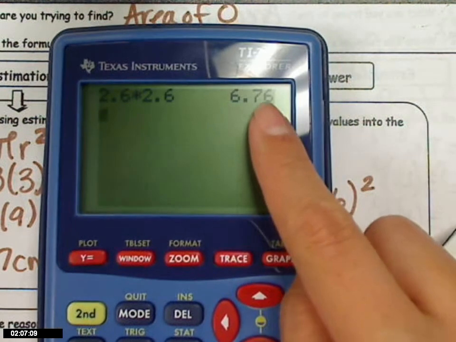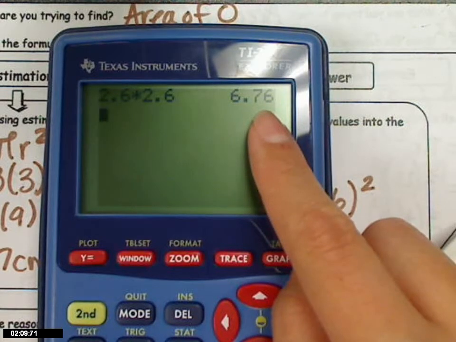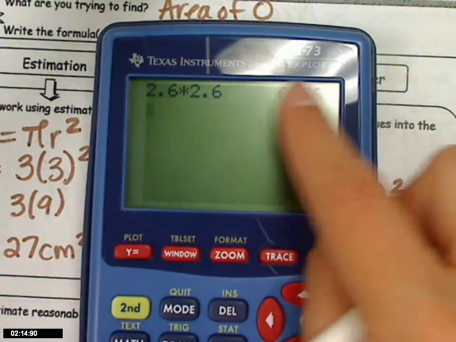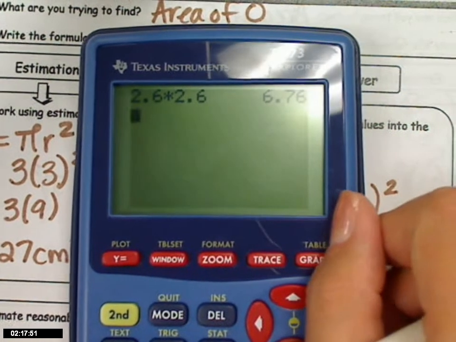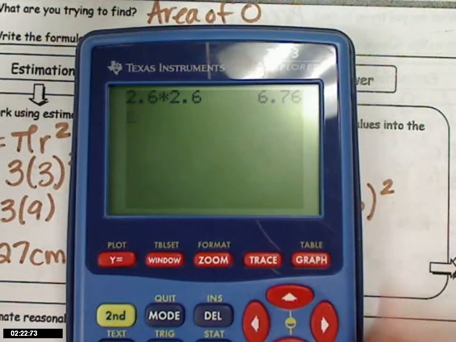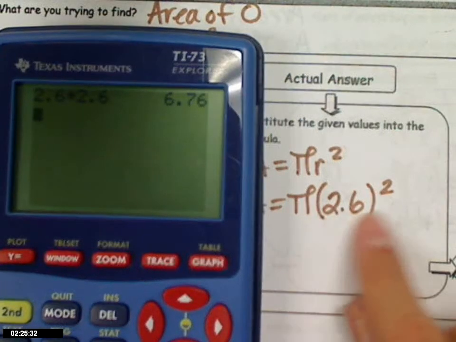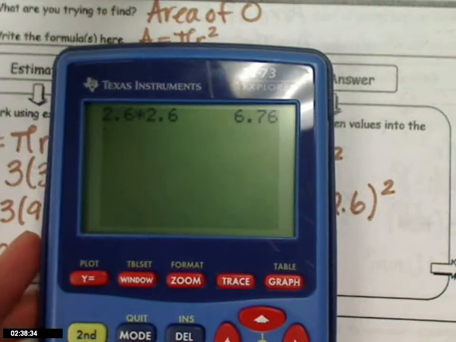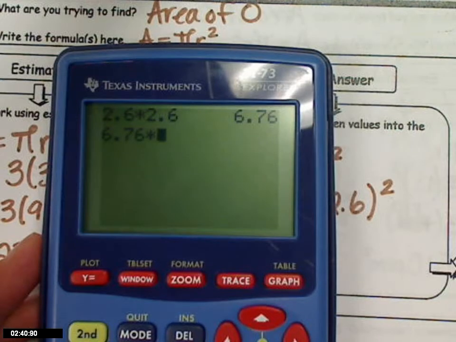Now what do I do with 6 and 76/100ths? Once I've multiplied 2.6 times 2.6, what do I do with this number? No, I'm not going to round yet. What do I still have to do in my problem? Multiply by what? Am I going to use 3 on this one? Yeah, I have to use 3.14, right? So I would take 6.76 and multiply by 3.14, and that gives me